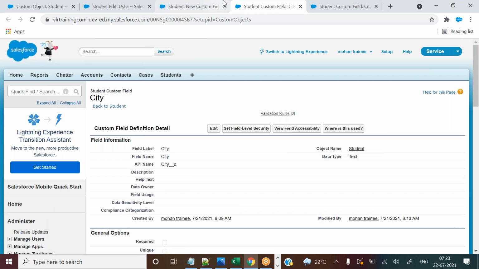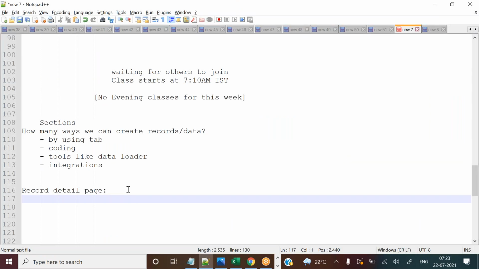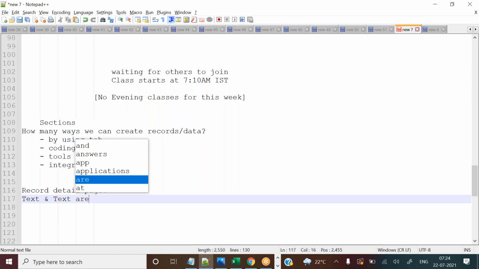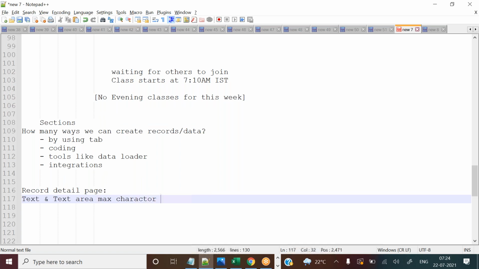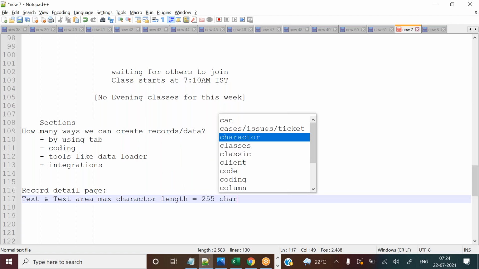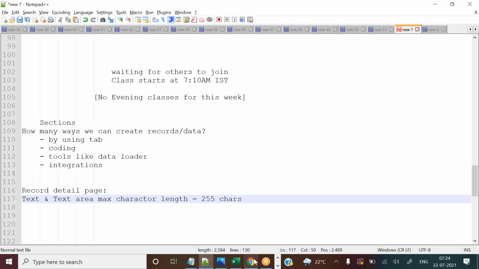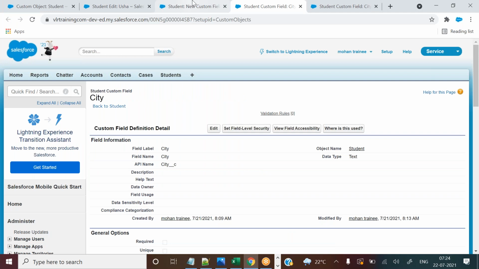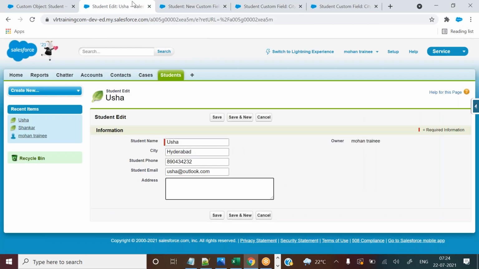Even for text and text area, the maximum is 255 characters. 255 chars means characters.